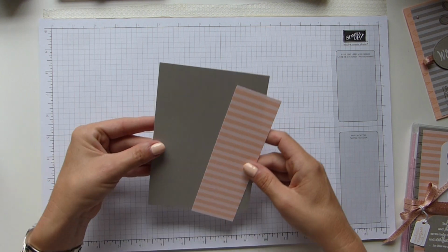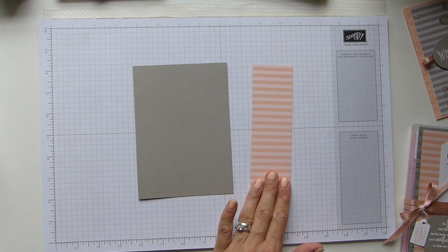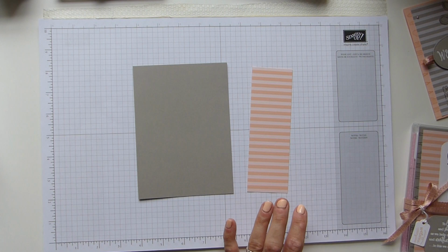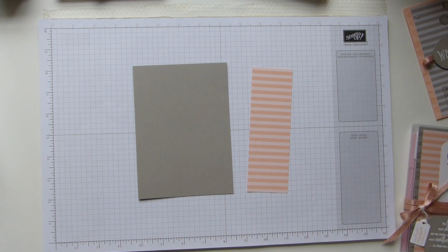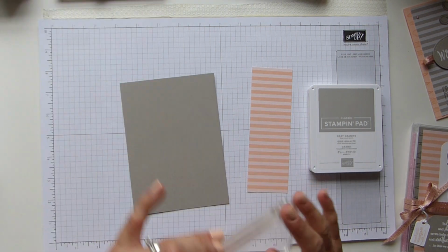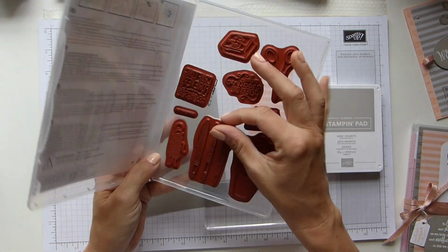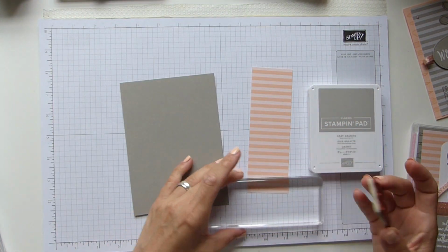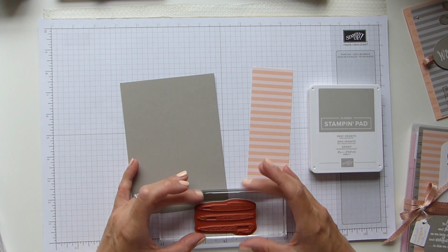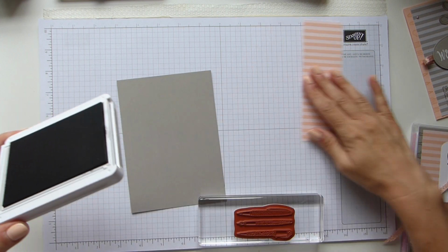So I've got a piece of grey granite here that I used as the base, and then a piece of the Subtles DSP. I'm just grabbing my grey granite stamp pad, and you then need to use your Crafting Forever, and I've used the pens as I said, and this is exactly the same technique that I used on the card front, and I just want to make sure that these are fairly straight, and then I just simply stamped